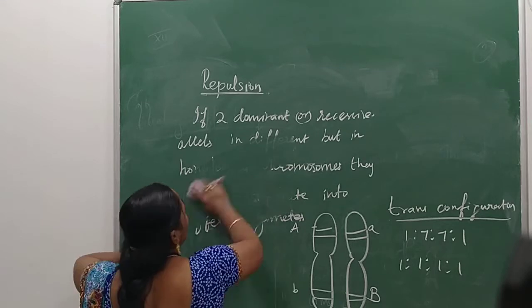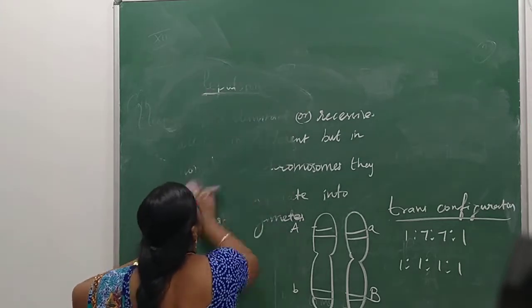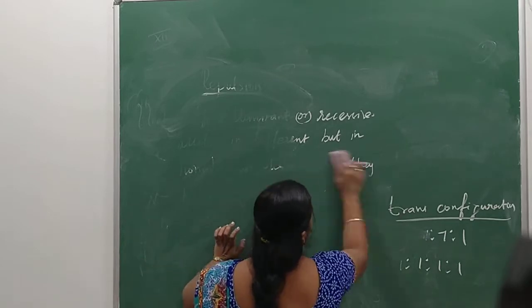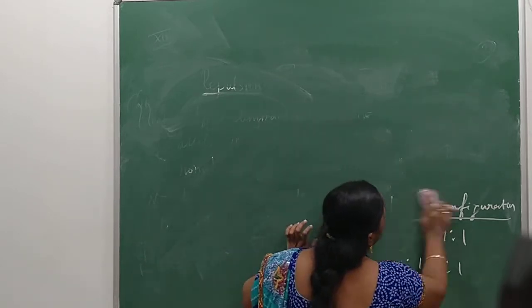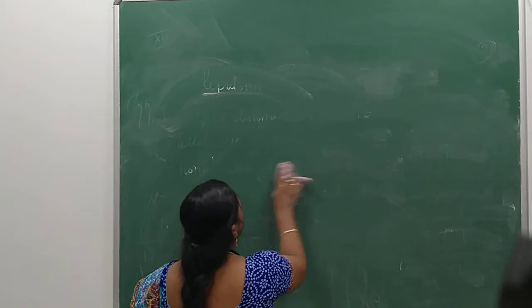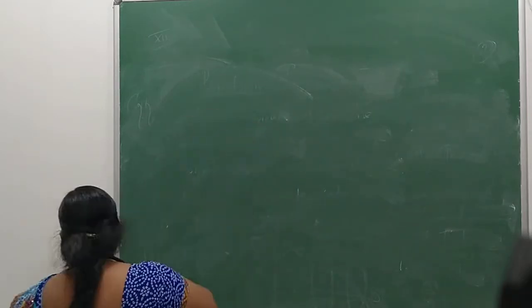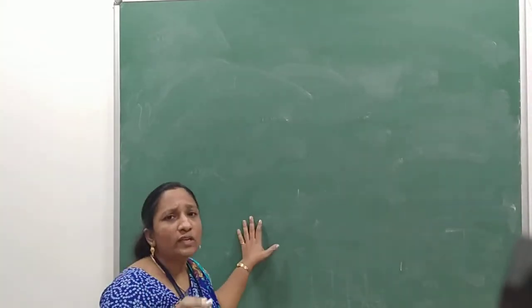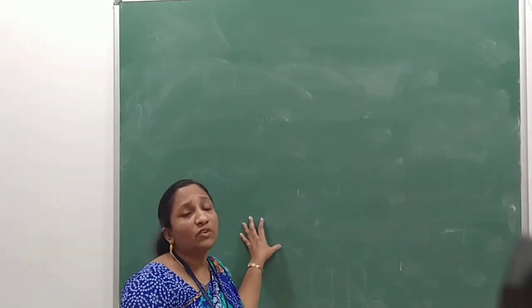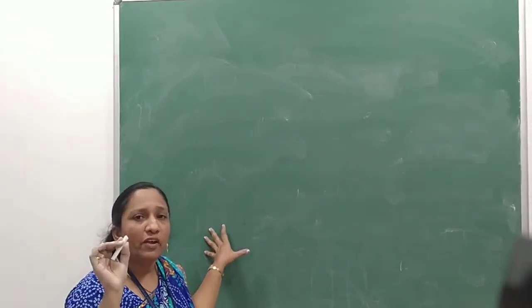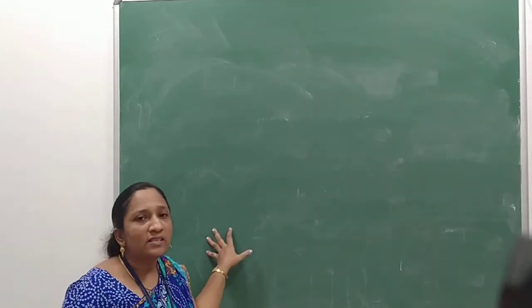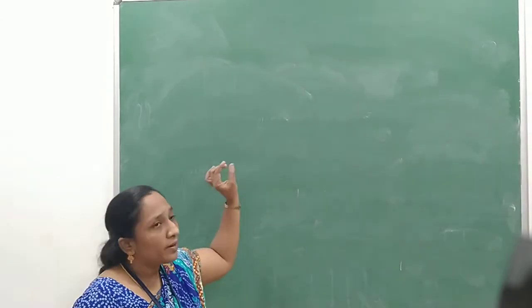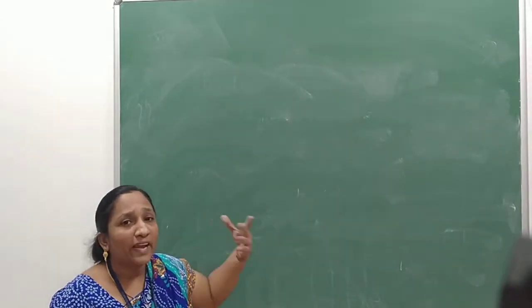Children, understood the definition? Definition is very important and the ratio also is very important, for a 2 mark or even 3 mark question. So note it down. At home, take your notes and put the cross and practice at home. Otherwise, it is very difficult. If you practice these crosses 1 or 2 times at home, it is easy for you to create. If you remember the names alone, it will not be easy.